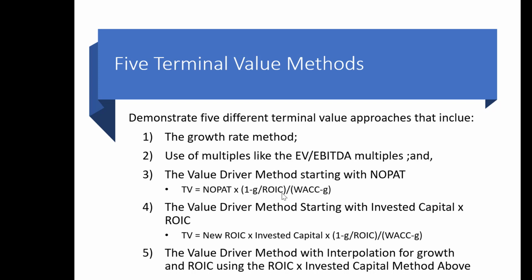But if you apply it wrong, it really isn't that much of a method. The better way to apply it is to assume this company in the terminal year gets this new ROIC. So instead of this NOPLAT, which has the old ROIC, you replace it with the ROIC times the invested capital, which gives you the NOPAT, or NOPLAT, whatever you want to call it, and then you multiply it out. And then you're really assuming all of a sudden this company does it, but that's not right either,